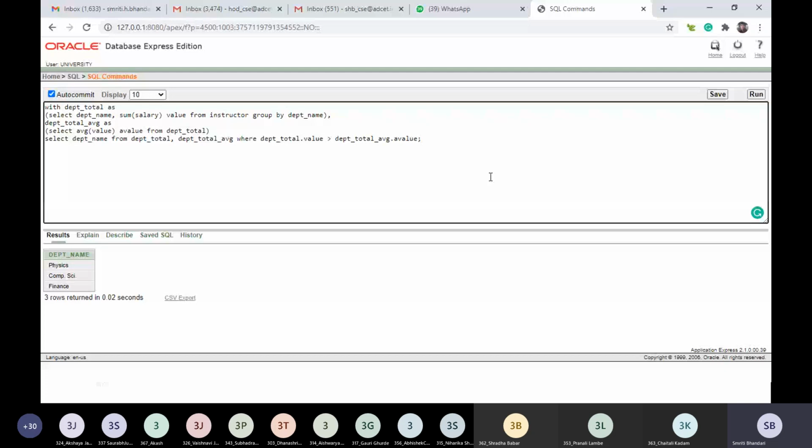You will be provided with such statements, and by making use of that schema you need to write the SQL statements. So you should have enough practice of writing such different forms of SQL queries. Is there any doubt? Please let me know.